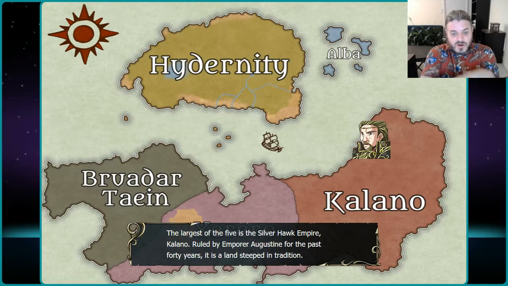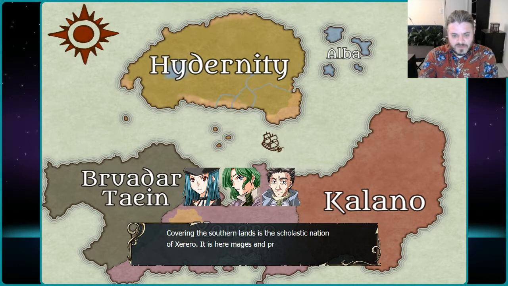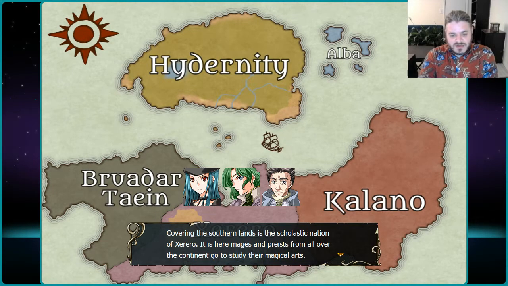Largest of the five is the Silverhawk Empire. Kalano, ruled by Emperor Augustine for the past 40 years, is a land steeped in tradition. Covering the southern lands is the scholastic nation of Zerero. It is here mages and priests,